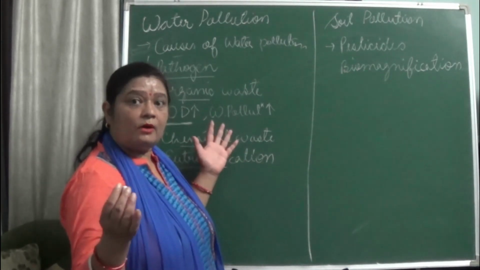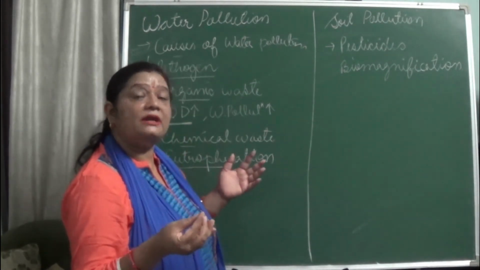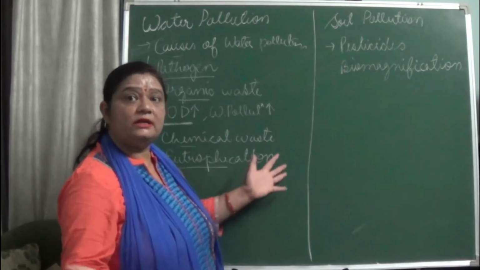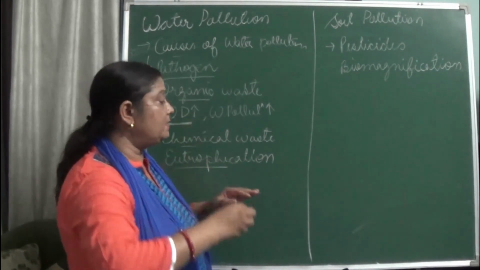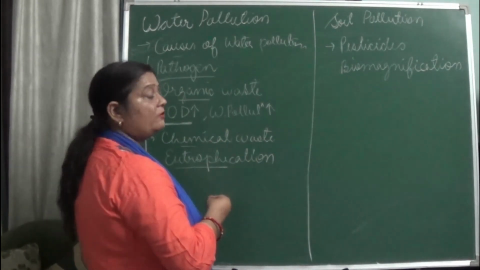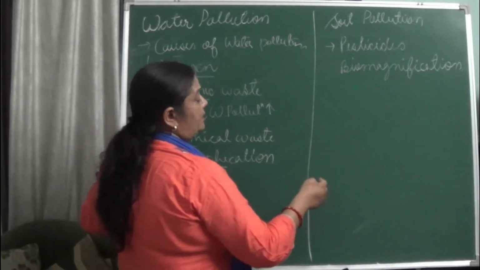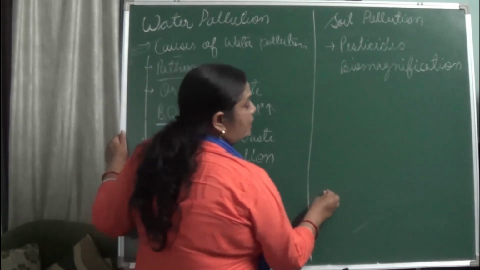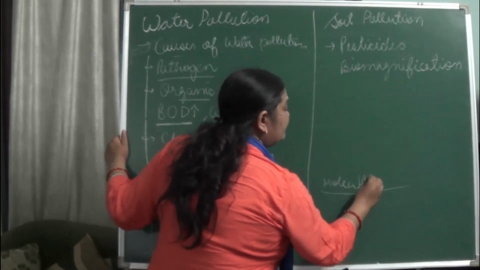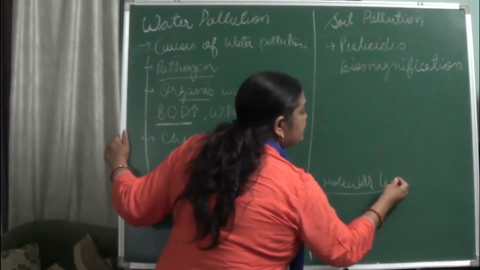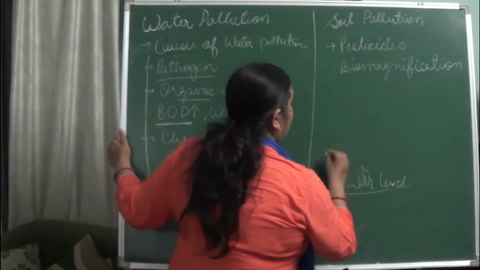And a large number of phytoplanktons are taken, and these small fishes in turn are taken by some big fishes, and they are also taking a number of these small fishes. So you are seeing what is happening, it goes on increasing. Suppose we talk about DDT. If DDT is sprayed, what happens? It spreads over the plants, and after that it runs off to the water body. So first it is at the molecular level in the water body, isn't it? And this is taken by the phytoplanktons,